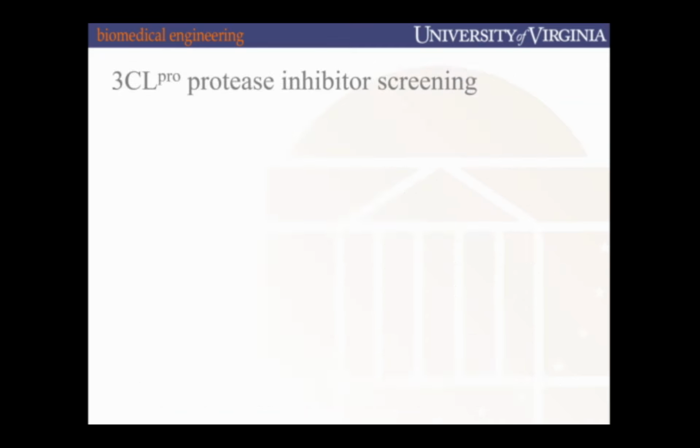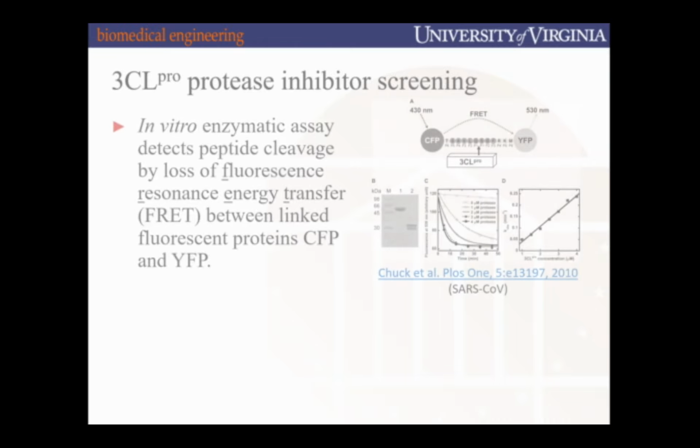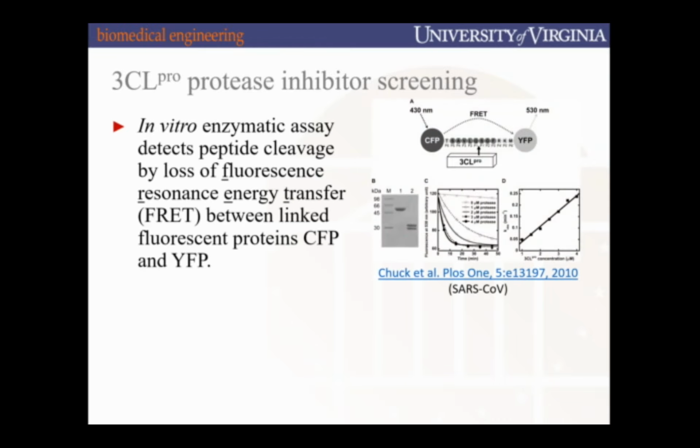We're fortunate in one way with the current pandemic, and that's that we've seen very closely related coronavirus outbreaks before, SARS in 2003 and MERS in 2013. Because of this, we have a head start on assay design, and we already have a good fluorescent assay for the 3CL/MPRO protease. This assay uses a phenomenon called fluorescence resonance energy transfer, or FRET, and the way this works is